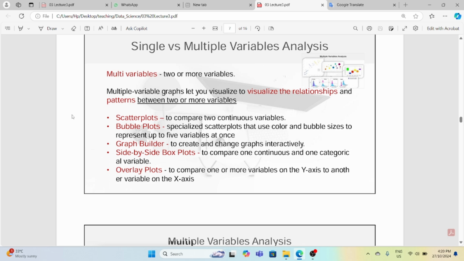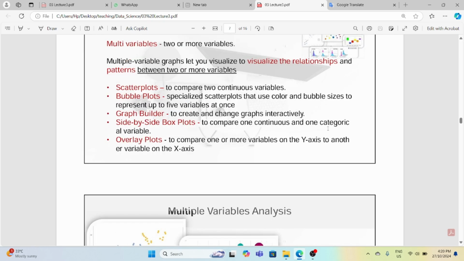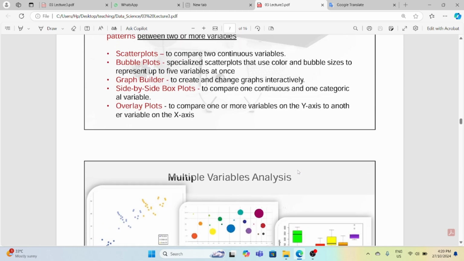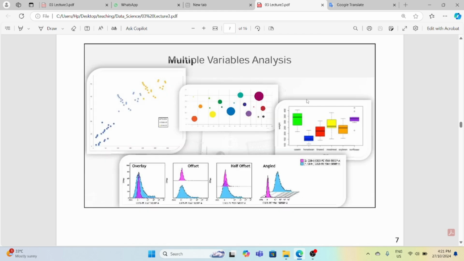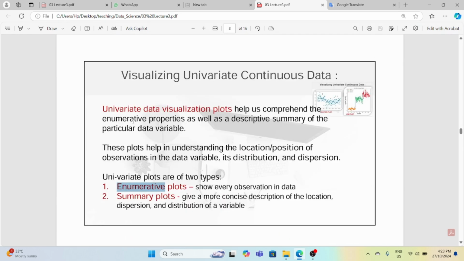interactively, side by side box plot, overlay plot. We can use this kind of plots for visualizing multiple variables. Okay, you can see some of them. This is a scatter bubble plot. This is the graph builder, and this is, I think, the box plot, which is a side by side box plot. Yes, this one is a box plot on the right side top on page 7. Okay,